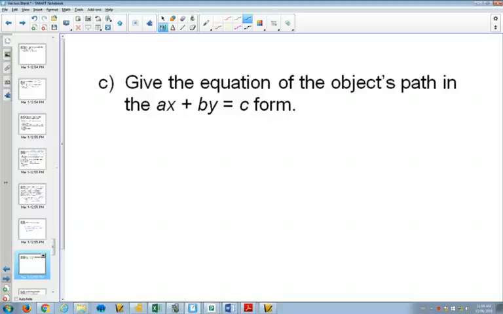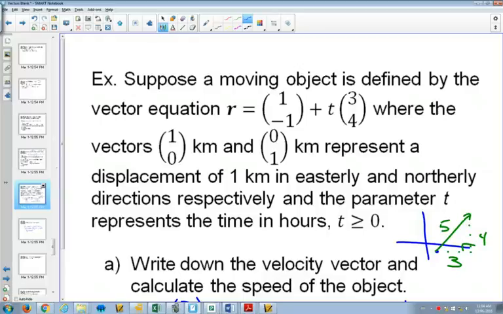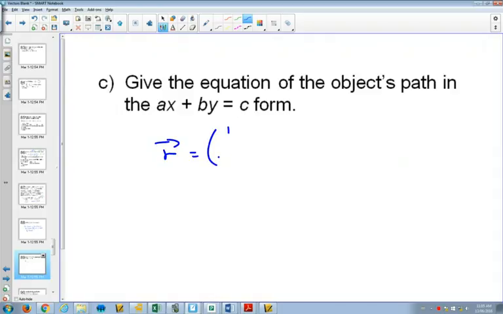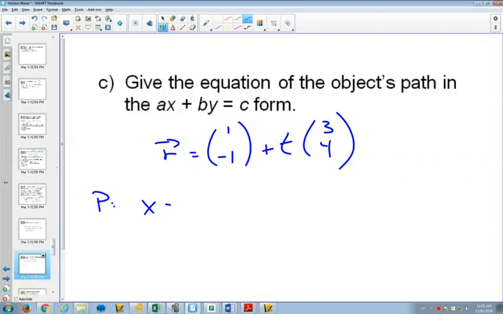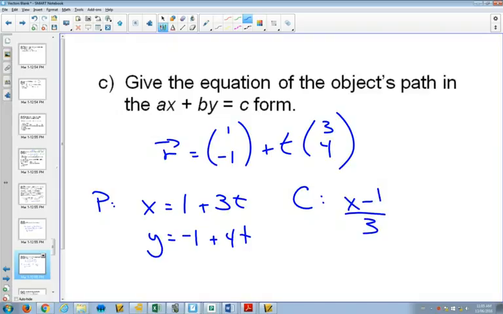Now, if we wanted to write the equation of a line in y equals mx plus b, or in this case, ax plus by equals c, which is sort of just a rearrangement of y equals mx plus b, we could start with our original equation. Our vector equation is right here, 1, negative 1. So if we take our equation, from here you could write your parametric equations